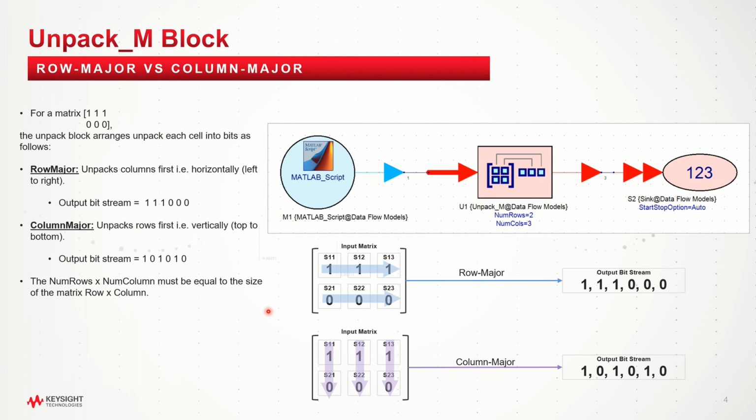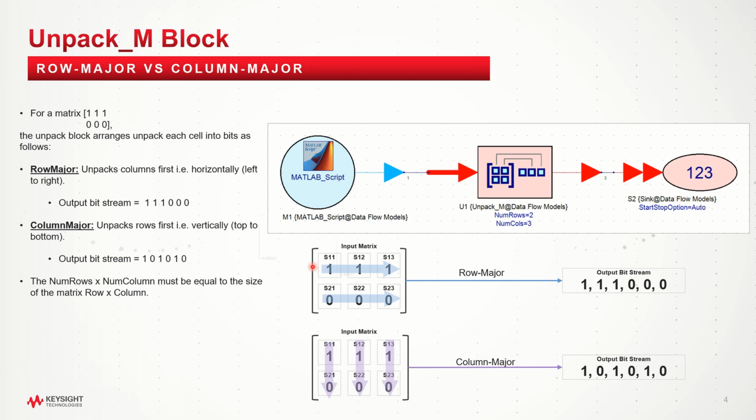And now the next block is the unpack block. In this case, we're using the MATLAB script function to create the matrix at the input, which is in this format. That's the matrix. And in this case, this unpack block is going to unpack the matrix into a B stream or to signal. And depending on the format that we choose, when we choose the row major format, this will unpack